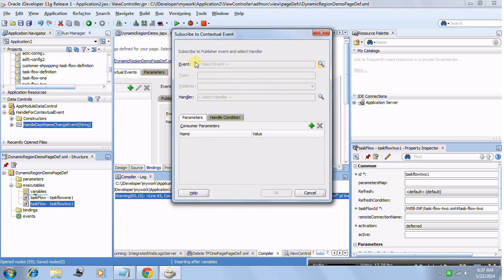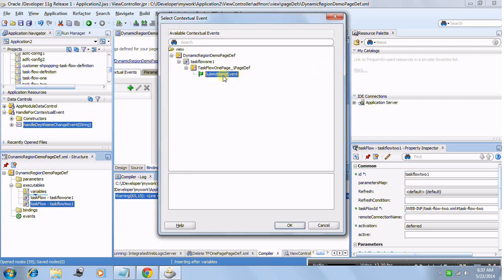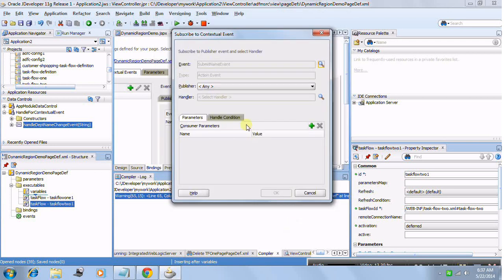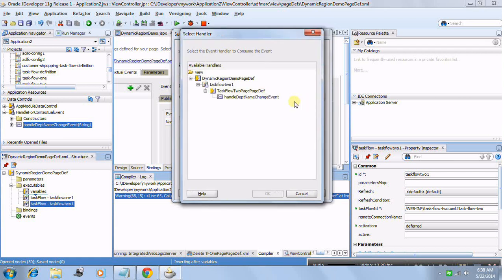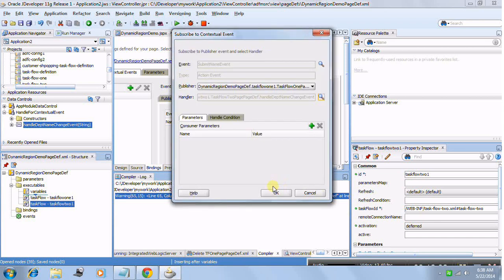Here you need to define both the producer and the consumer, right? So firstly, just say event here. This is the name which we define. So here it will say, okay, this is the event name, this is the action event, and this is the publisher. So our publisher is task flow 1. And the handler, we now need to select the handler. Just click here, it will say this is the handler present in the task flow 2, right? Just select over here. So it has selected. Now here you just say plus and give this name,